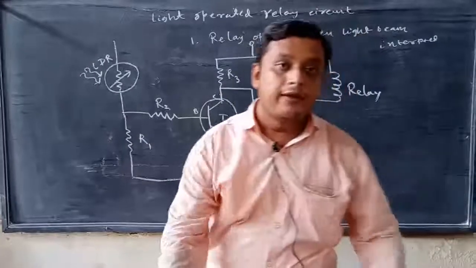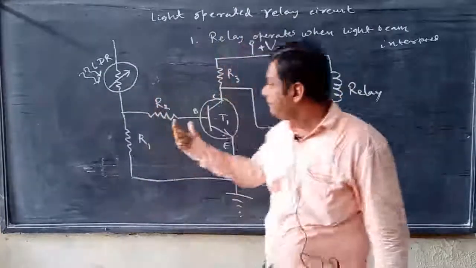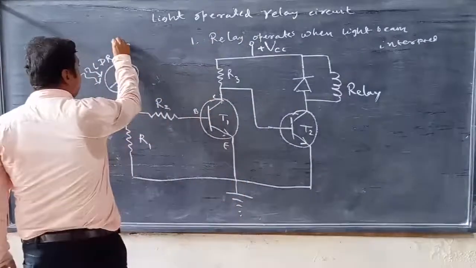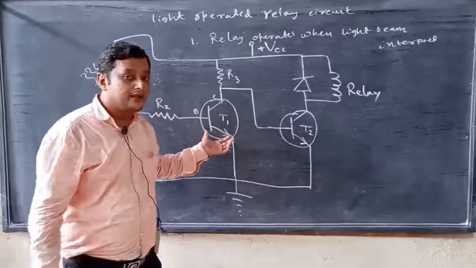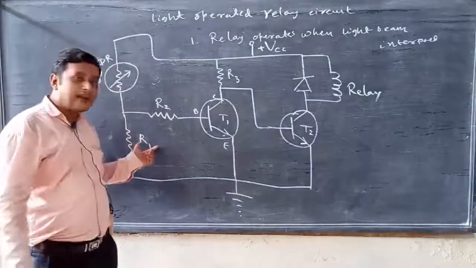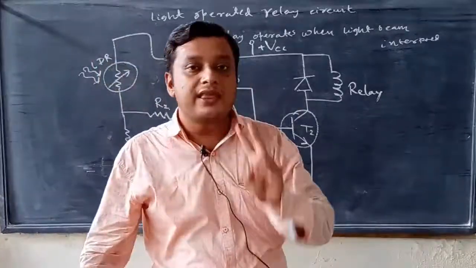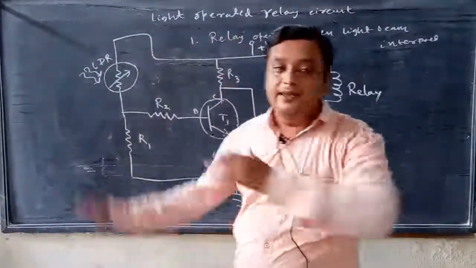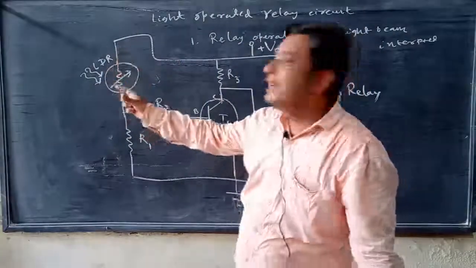So first we should draw the figure. The description and construction of the figure should be written in an exam like this. I am using resistors R1, R2 as well as resistor R3. There are three resistors used, two transistors used, a relay circuit is being used, and the main answer is for applications of LDR. So I must use an LDR.